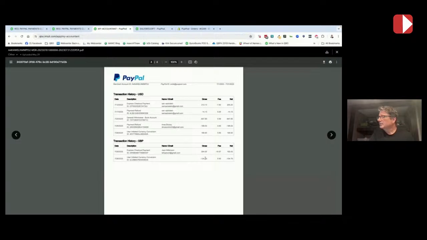So this 154.79 turns into 199 in US dollars. So there is no reference anywhere about what exchange rate was actually used at that time. You might be able to see that inside the transaction statement inside of PayPal. Not sure, because I don't have access to this gentleman's PayPal account, but